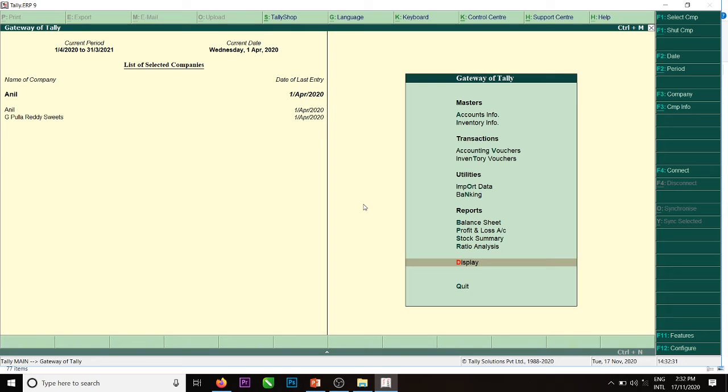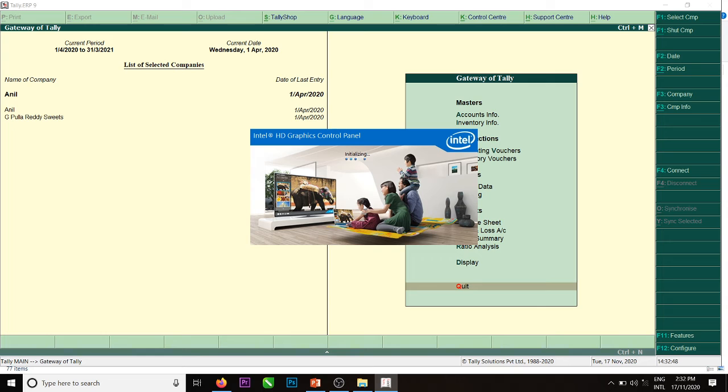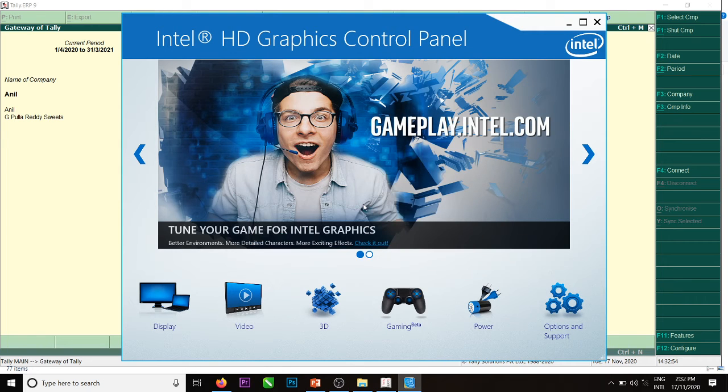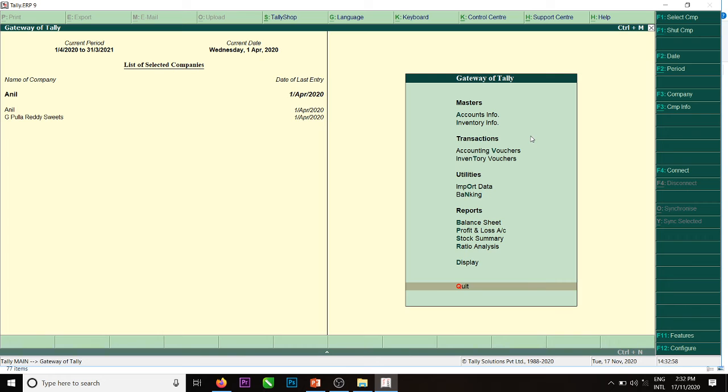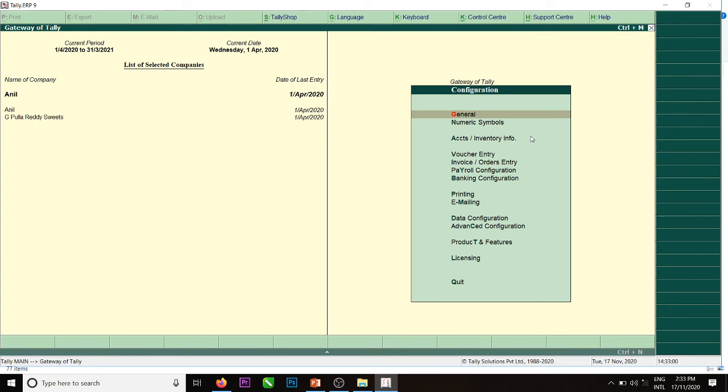Okay, see this configuration also. Configuration is Gateway of Tally, Control Alt F12. It may not work, it will show the other one because it is not giving advanced configuration. To get the advanced configuration, this is wrong actually. Okay, go press F12.